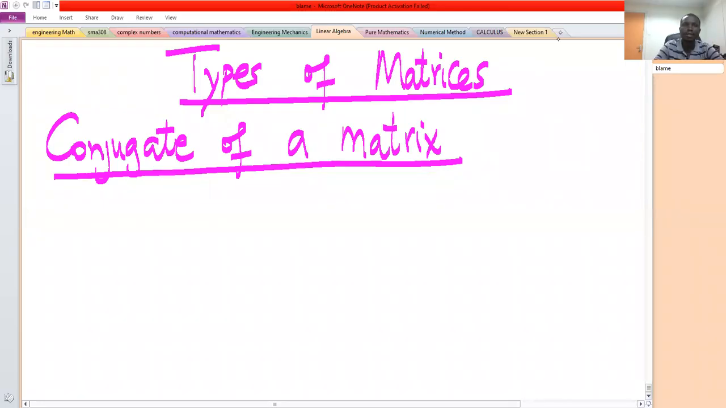Welcome to this session. In this session, we define the conjugate of a matrix and then give some examples. So the conjugate of a matrix: let A be this matrix given by